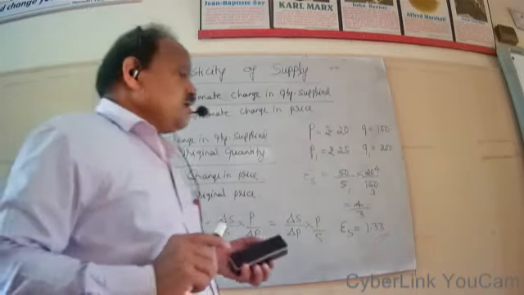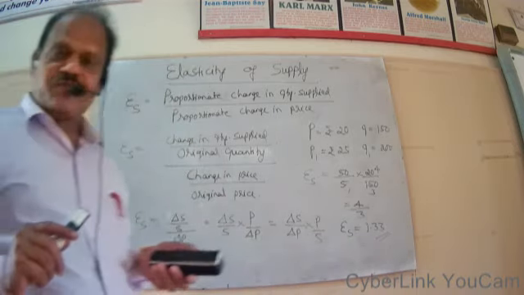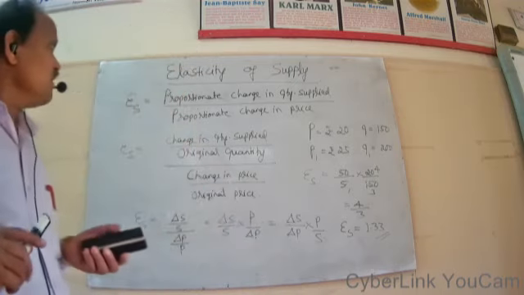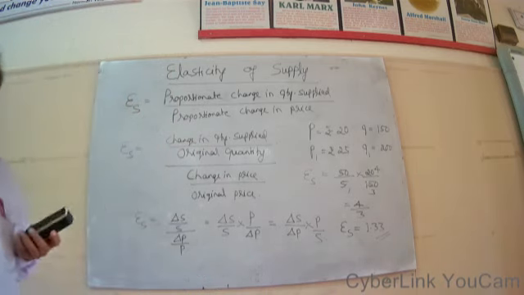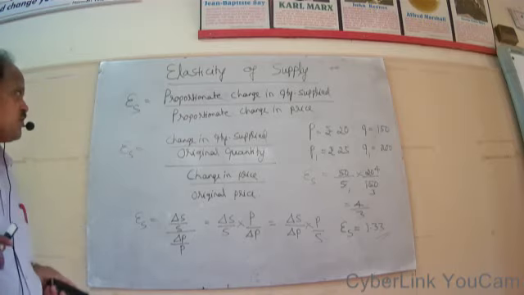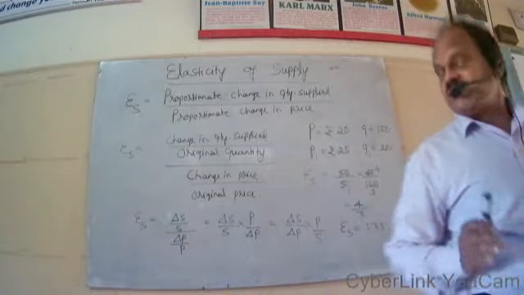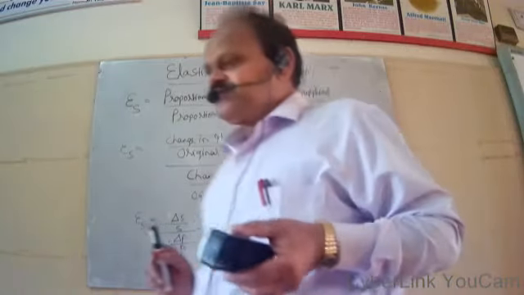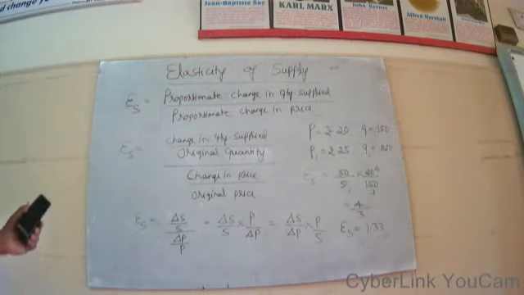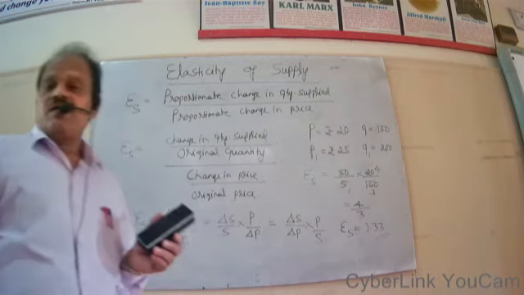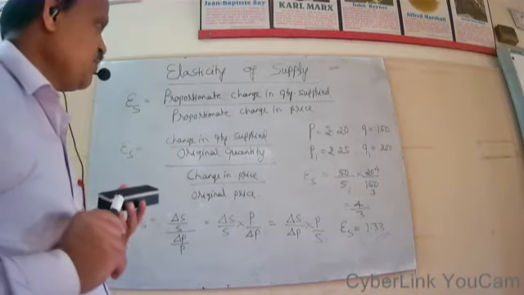Good morning. In this period, let us try to understand another concept in the unit supply analysis, and it will be elasticity of supply. Elasticity of supply here is the price elasticity of supply. In this topic, let us try to understand the meaning of price elasticity of supply and its measurement, the formula which can be used to measure the price elasticity of supply. Let us solve one example and let us try to analyze different types of price elasticity of supply.